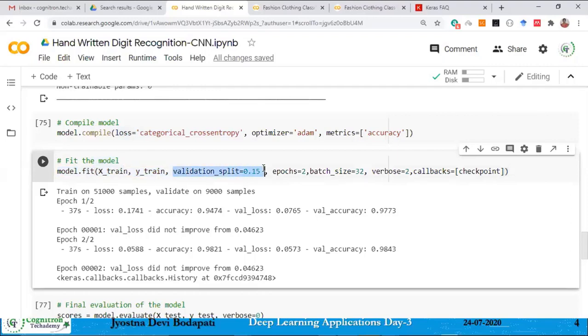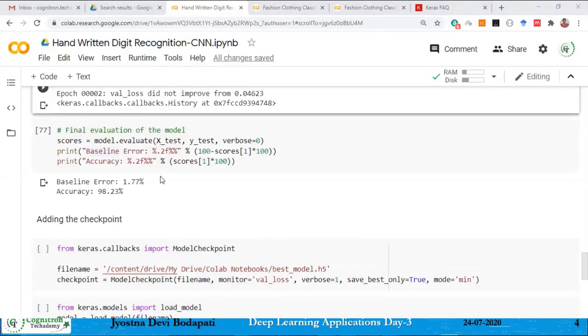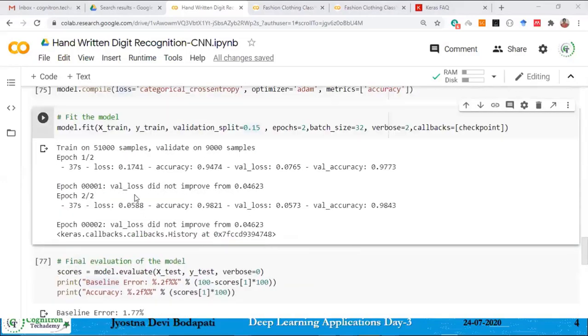Those are validation split. So validation split indicates how much portion of the data in the training is kept aside. Already we have train data, so how many examples are there in our training? 60,000 samples are there for training, right? So among these samples, do you want to have any validation split? Those who have little knowledge of machine learning can understand why we need the validation data. What happens is first we apply the model on the train data. Later on we'll check the performance of the model on the test data, right? That's how we do any machine learning model.